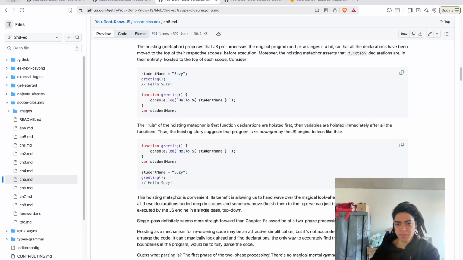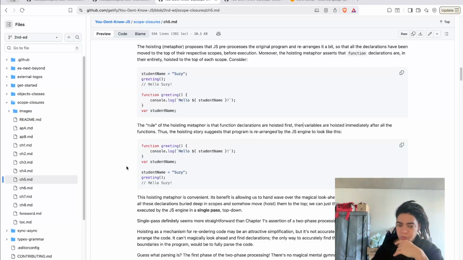The rule of the hoisting metaphor is that function declarations are hoisted first, then variables are hoisted immediately after all functions. Thus, the hoisting story suggests that the program is rearranged by the JavaScript engine to look like this. So that also makes a lot of sense: function declarations are hoisted first, and variables after.